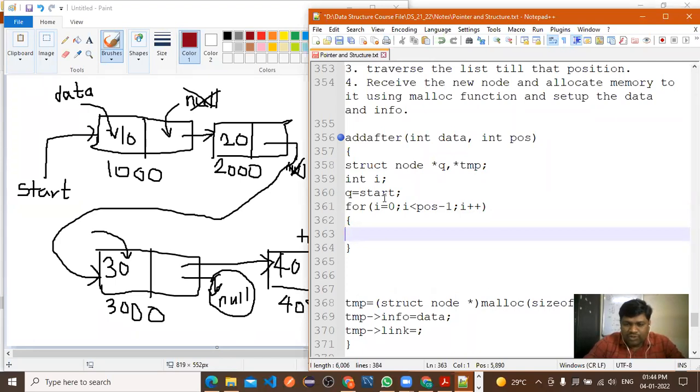Why have I considered POS minus 1? Because here we are searching from 0 onwards, right? Suppose you insert, so 1, 2, 3. After the third position, you want to insert the element. Means here, 2 we need to consider. Or you can consider I is equal to 1, and here we'll remove this minus. No issue.